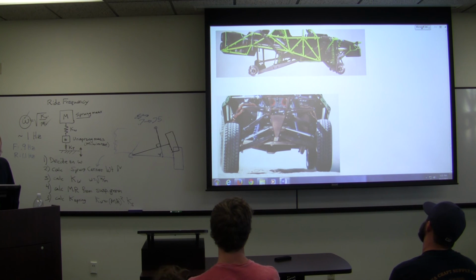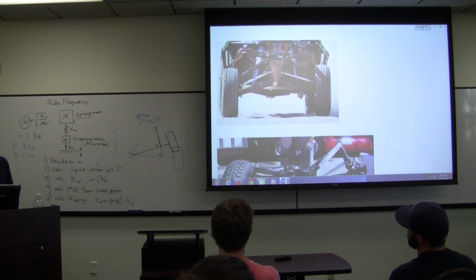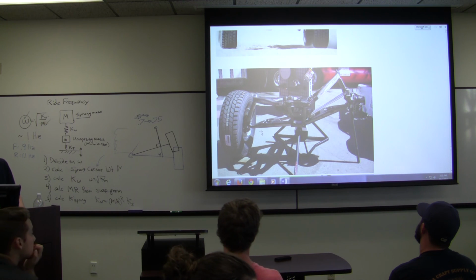Again, they're putting their spring far inboard. That's a motion ratio of 0.5. So I'd like to know why they don't put it out there. That's where I was always taught and makes sense to put it, but there must be reasons why when you've got that much travel, maybe you need to put it inboard. Another front suspension. The lower ball joint, you can see they're trying to tuck inside